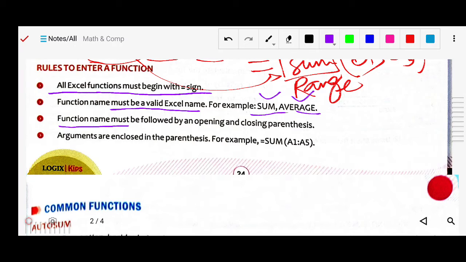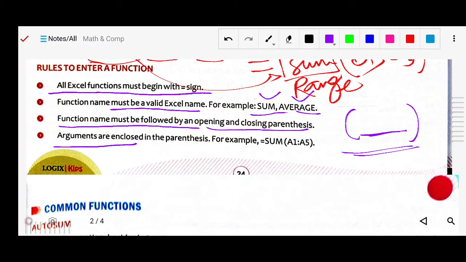The function name must be followed by an opening bracket, and inside this bracket we write the cell names. Arguments are in closed parentheses, like sum with a range, A1 to A5, which they have selected. So these 4 rules we follow for writing functions.